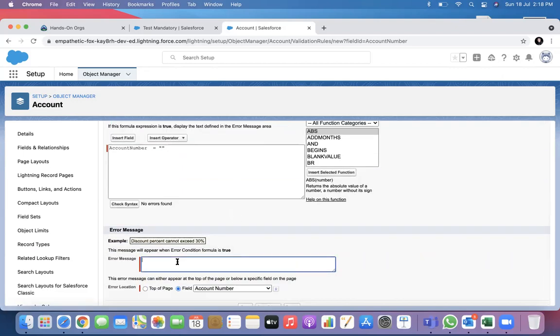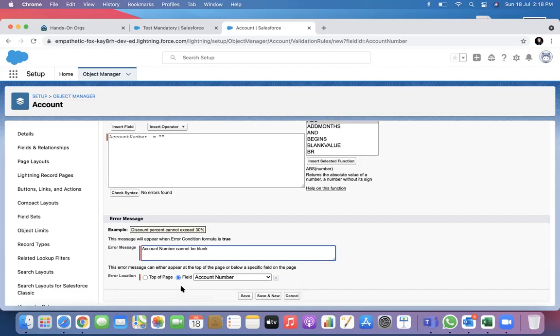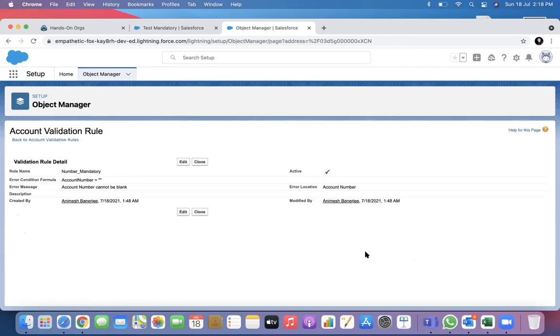I will say that account number cannot be blank. I can show this error message directly on the top of the screen, or I can show it just beside the actual field which I want to use. So let's now save it.